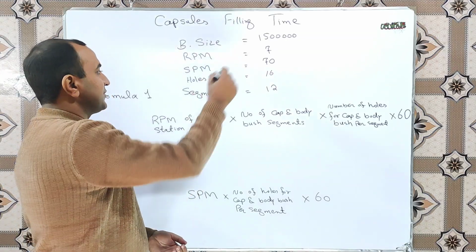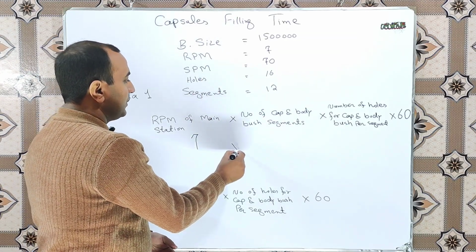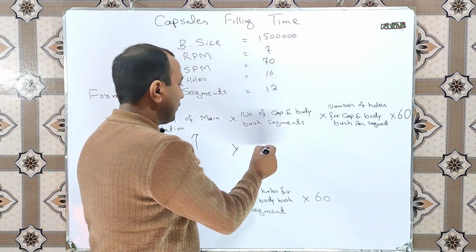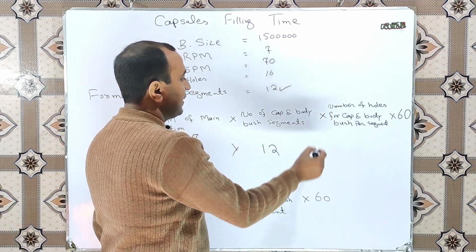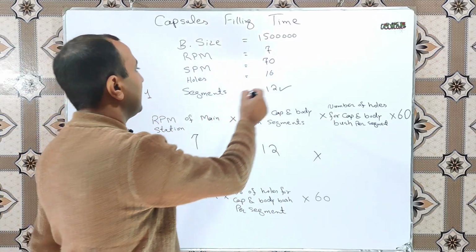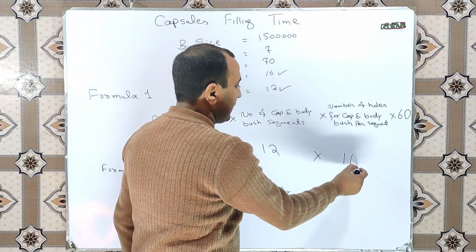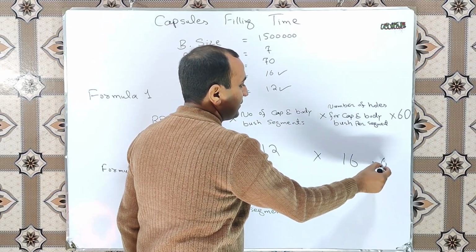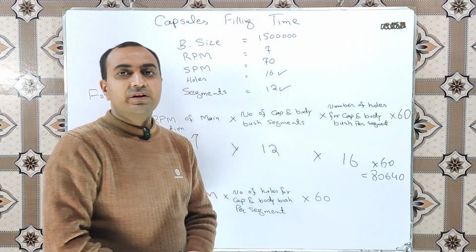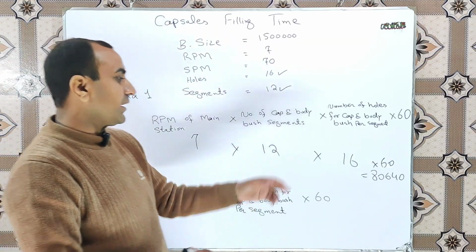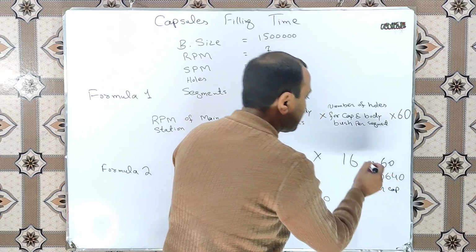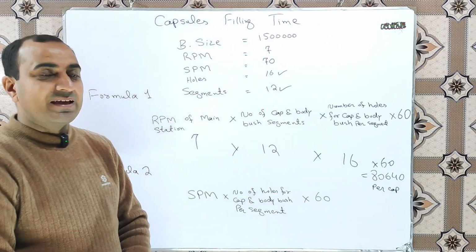RPM of our main station is 7, multiplied by the number of cap and body bush segments, which is 12, multiplied by the number of holes for cap and body bush per segment, which is 16, and multiplied by 60. The answer will be 80,640 capsules per hour. Meaning our machine at the defined parameters can fill